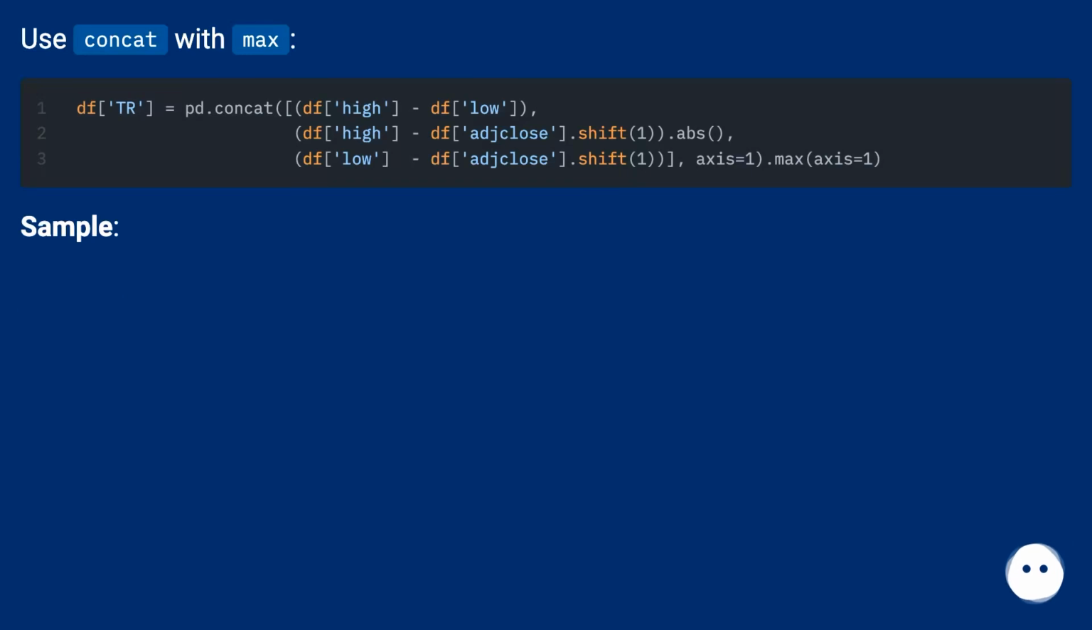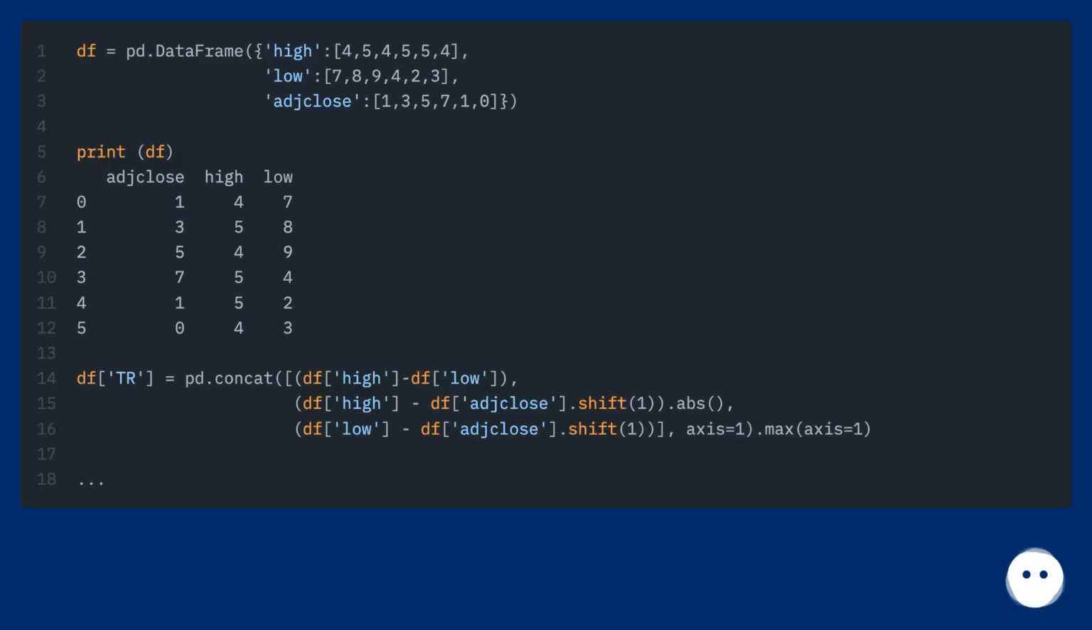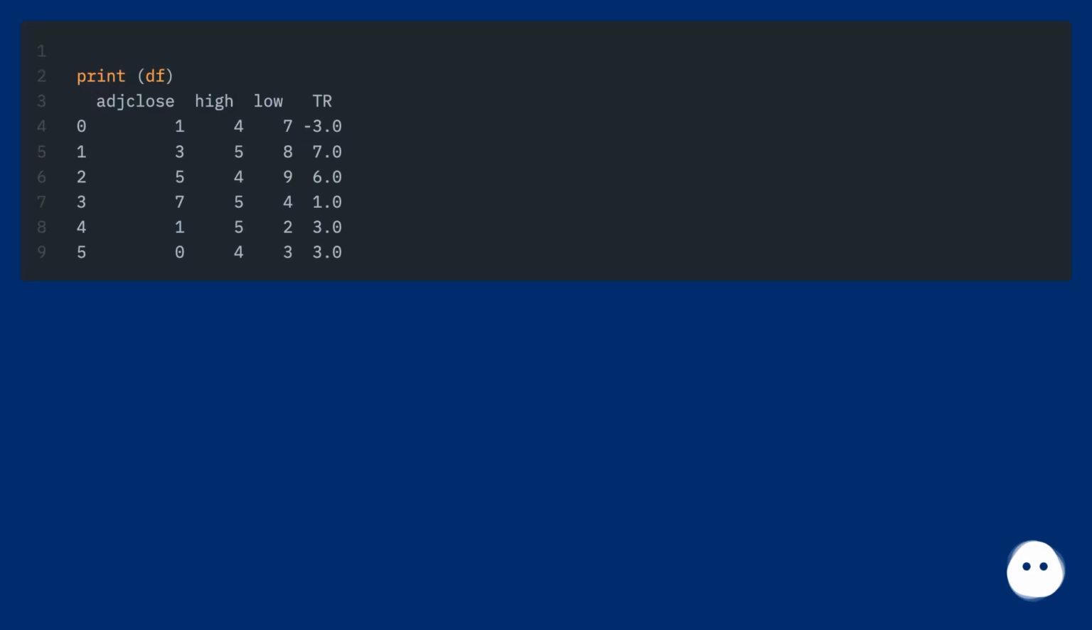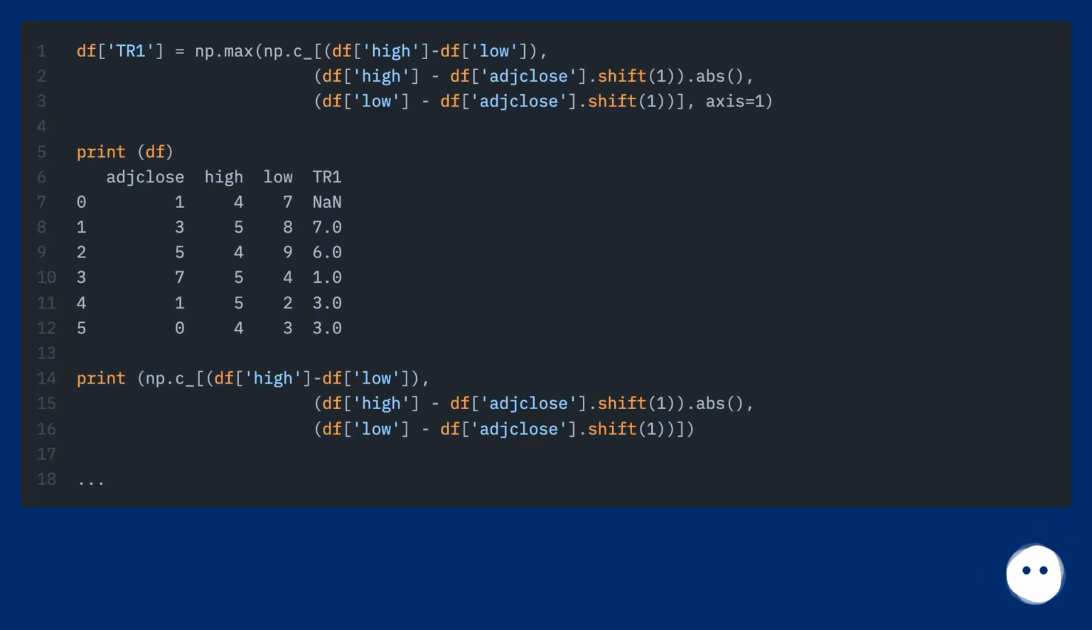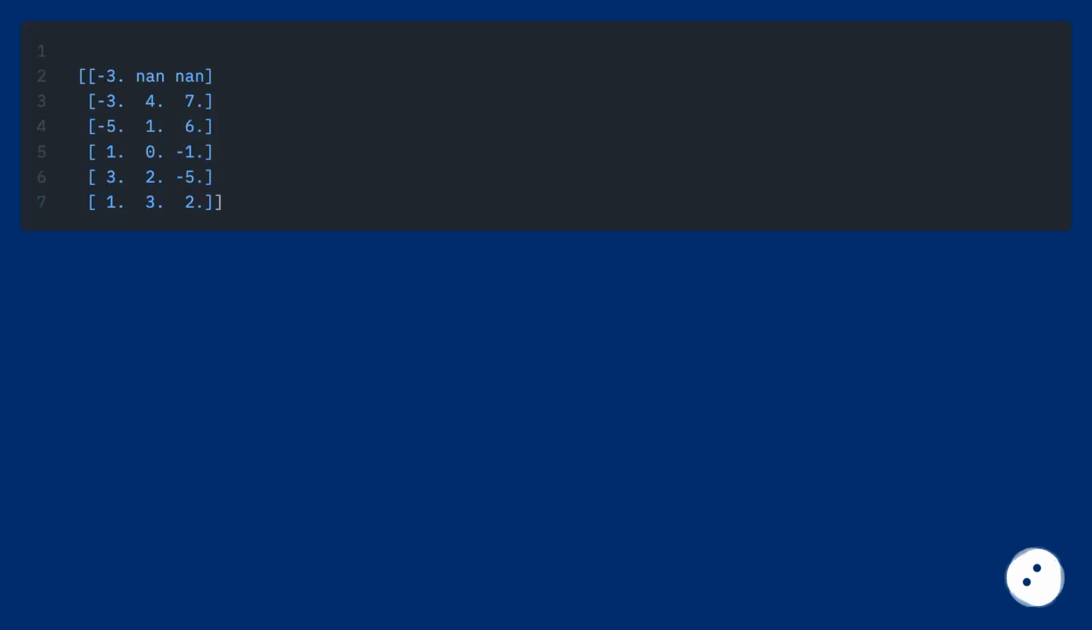Use concat with max. Sample. Detail. Numpy solution is different, because max of nan and row is again nan. It can be done by